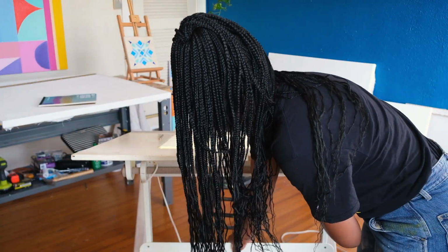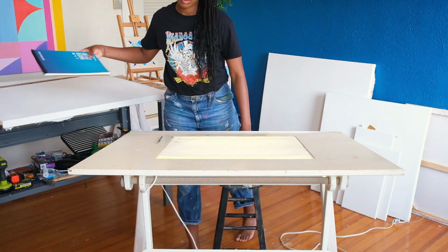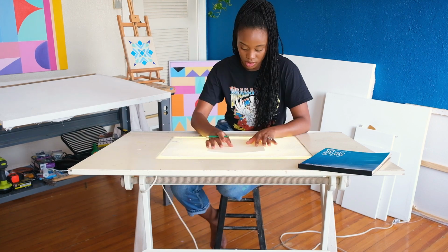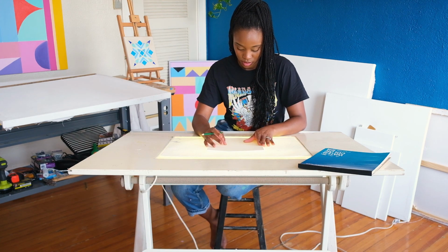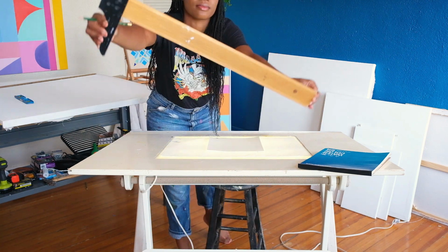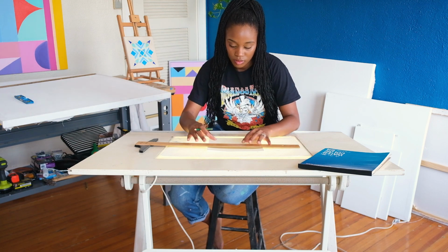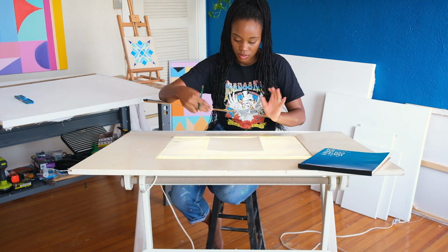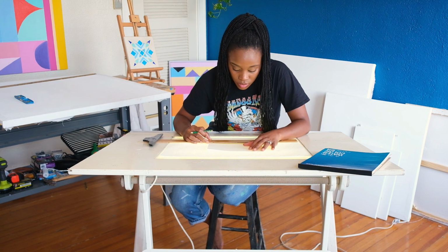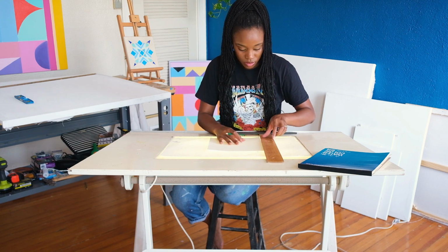I haven't been able to use the table as much as I wanted to because I am a business owner. So juggling business and art can oftentimes be very overwhelming. That consists of not working in the studio at all, but only doing admin work and preparing proposals and presentations for outreach and things of that nature. So it's been really hard for me to get back on track in terms of my creative projects, but since I am showing